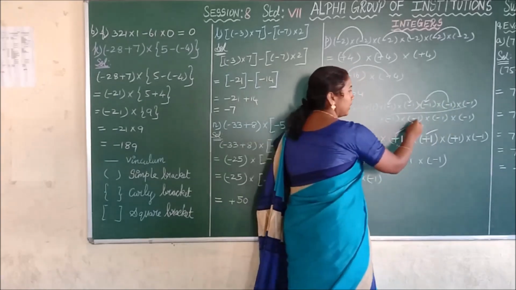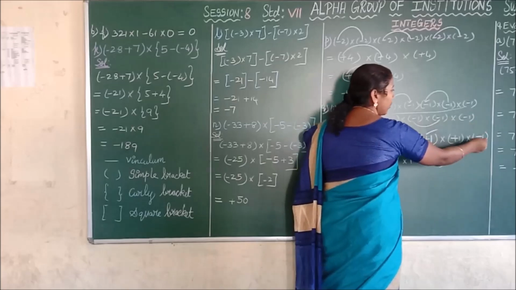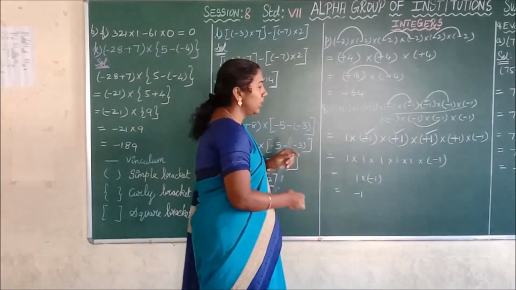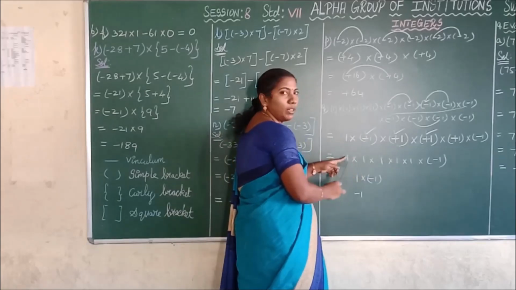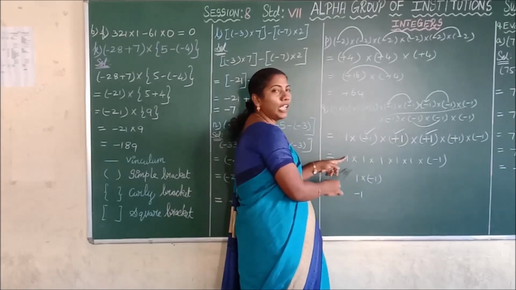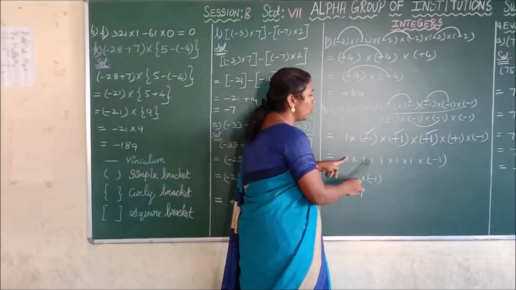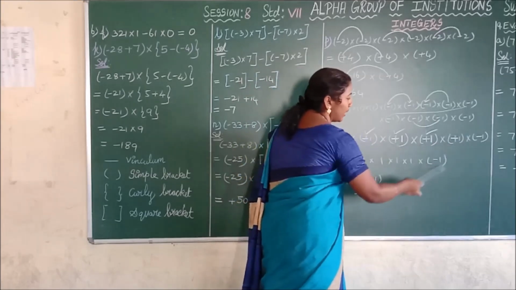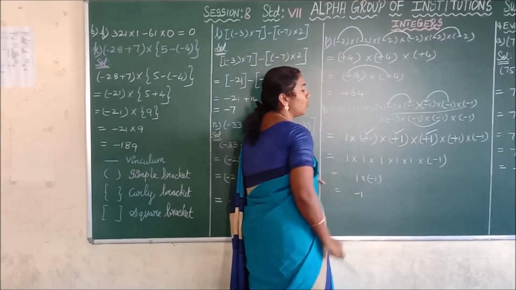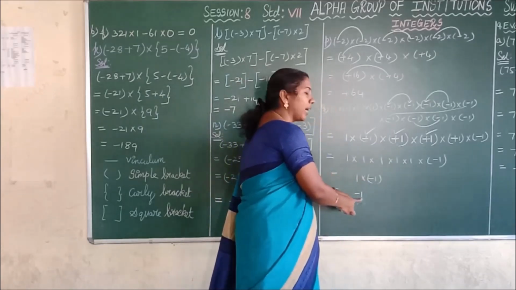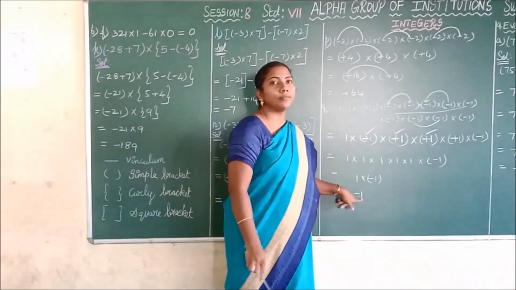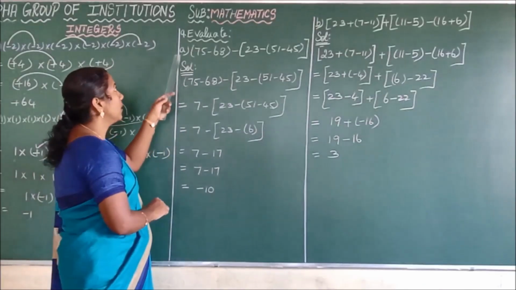Next I am going to multiply this one. You get plus 1, and write the minus 1 as it is. Next we write this like this, removing the plus symbol. For your understanding I am writing it like this: 1 into 1 into 1 into 1 into minus 1. What is your answer? 1 into minus 1. Thus you get minus 1 as the answer. It's clear, children. See the ninth sum.